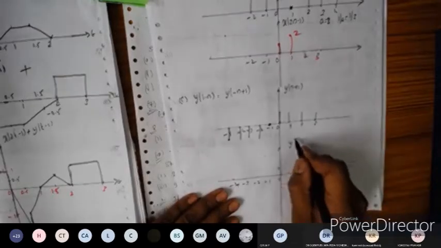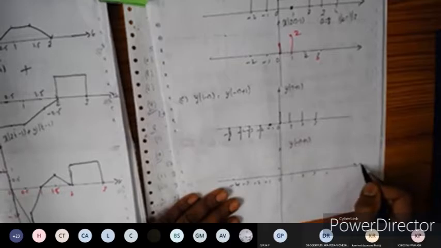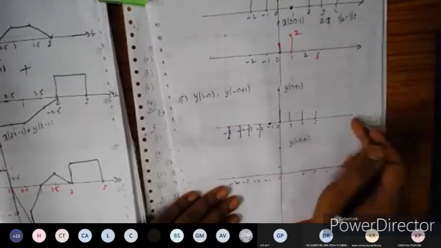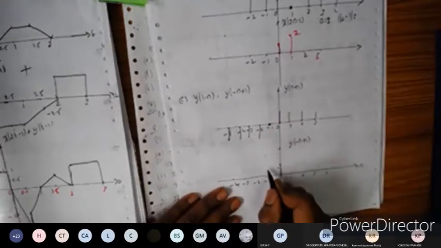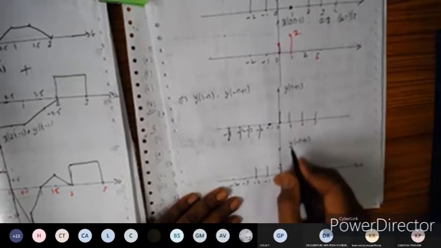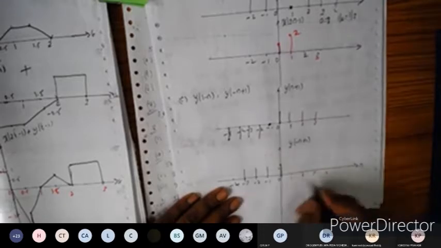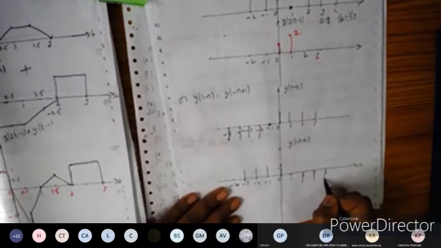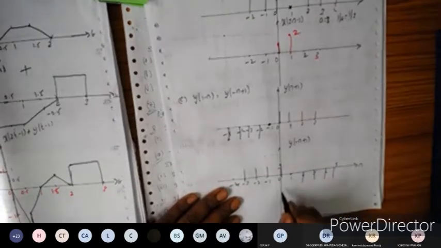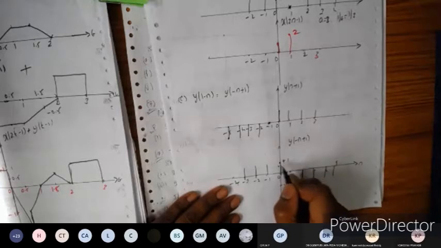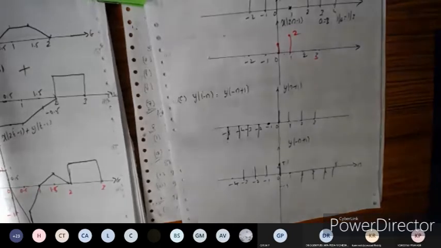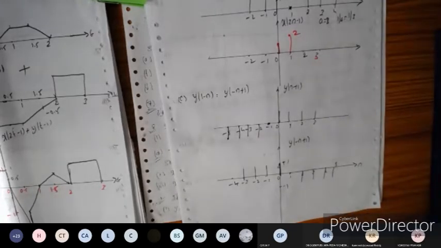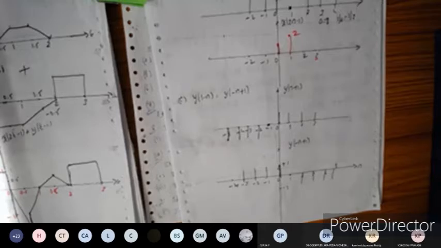So next let us take the reflection here, y of minus n plus 1. When I take the reflection, this will go to the positive axis, and this will go to the negative axis. Let us mark this one. So n is equal to 1 will become n is equal to minus 1, 2 will become minus 2, 0 will become 0 only, 3 will become minus 3. Next n is equal to minus 1 will become plus 1, and this will become the 5th sample like this here. Done, right? So I think you can easily do it with the discrete time signal.